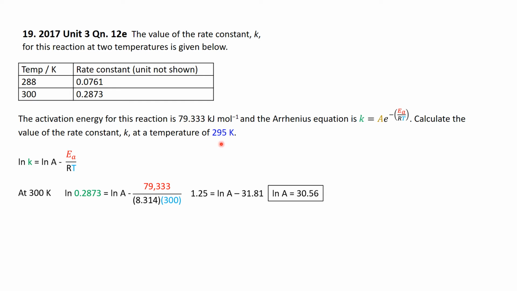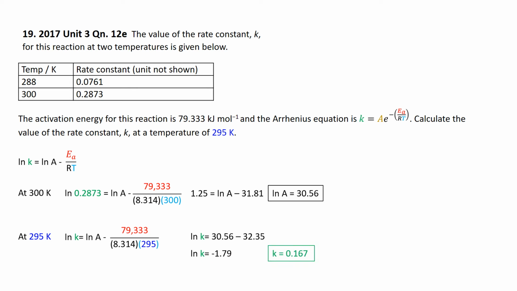Now let's think about what's happening at 295, which is what we're interested in, where we don't know k. Punch things in: log of k, same log of A, same activation energy, same R, different T. Put in our value of log A that we got up here, 30.56. Get natural log of k is minus 1.79, and so k is 0.167. Quick sanity check, if you like: 295 falls between 288 and 300, so k, our 0.167, will fall between these two values,